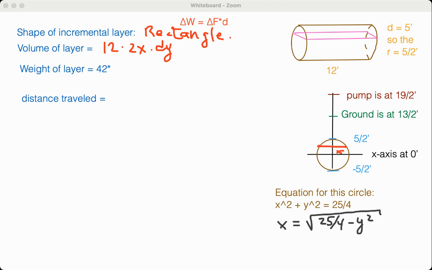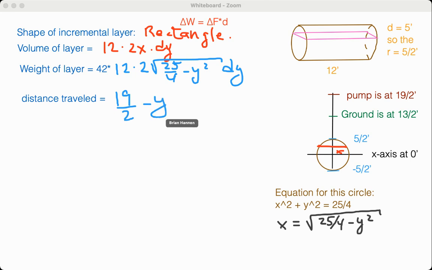Anyhow, the length of this is 12 feet long. The width of it is 2 times x. And the thickness would be just a small change in the y value. That gives us the weight of this. Remember, the weight is basically going to be the force. We have to pick up that weight and move it up a certain distance, the distance that it's going to travel, any amount of gas that we have,